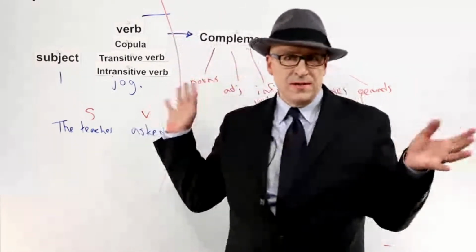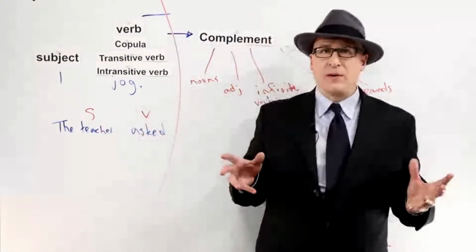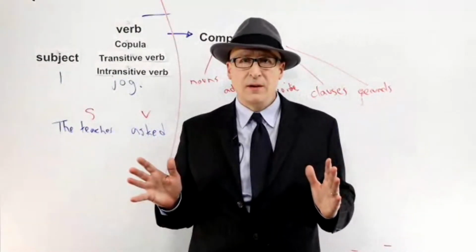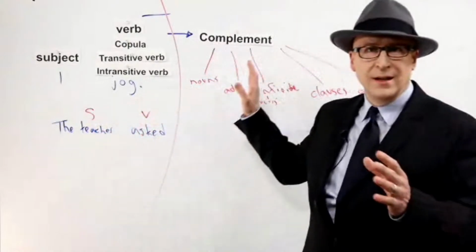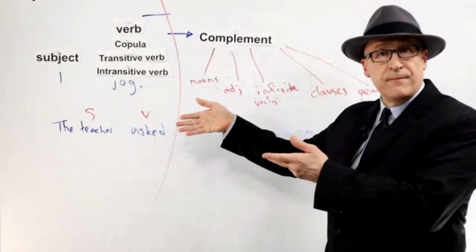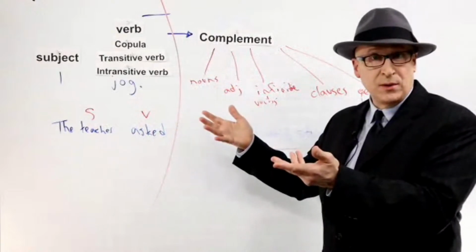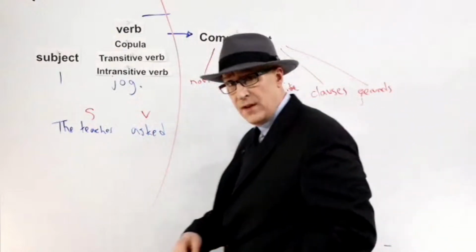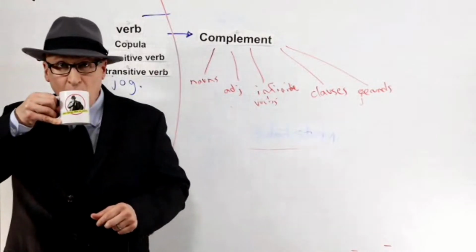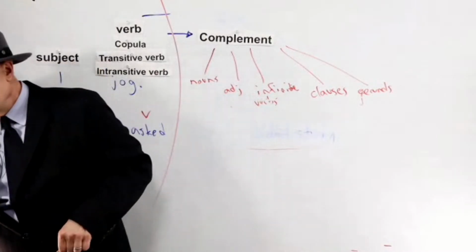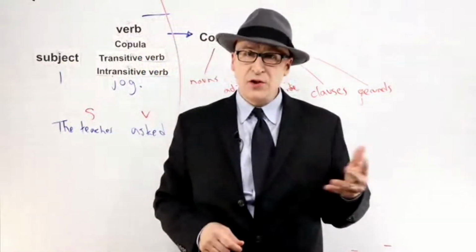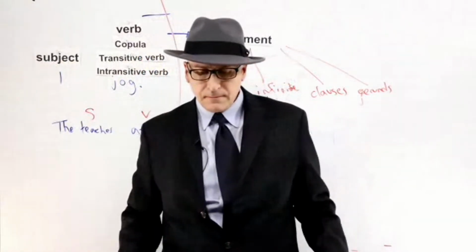So just to summarize this, guys, I don't think you should worry about what is a complement, what isn't. That doesn't really help you, right? Complement is just a way of looking at all the material that comes after the verb, what's possible to come after the verb. That's useful because sometimes when you're making a sentence, you're not sure what you should put after the verb.